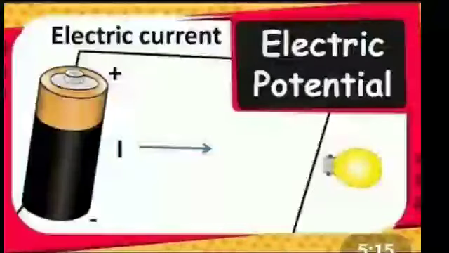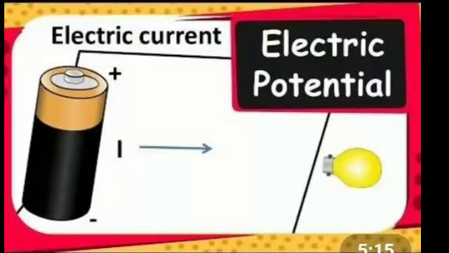Potential difference of a cell. The difference in potential between the positive and negative terminals of a cell is the potential difference of that cell. All of you know that a cell has both a negative and a positive terminal. This potential difference is caused by chemical reactions occurring inside the cell. The potential difference sets the electrons in motion and results in the flow of electricity through a conducting wire which is connected to the two ends of the cell.